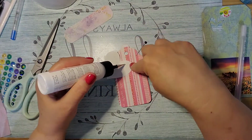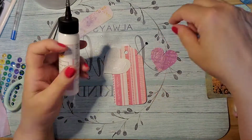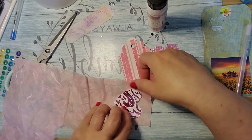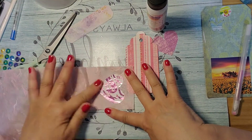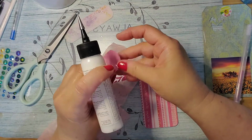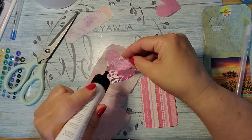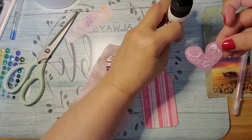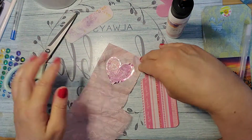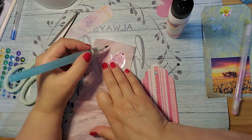And I was making this little tag, and I thought that this was so cute. And like I said, you could use this sticky tape on the back of any embellishments that you make. Here I'm gluing this little heart down that I cut out from a paper bag that was decorated real shiny, and then I am cutting out a little heart that was from an iridescent tablecloth over in the kids' birthday section. So I'm gluing this down on some pink mulberry paper that is kind of textured, and I'm using my water